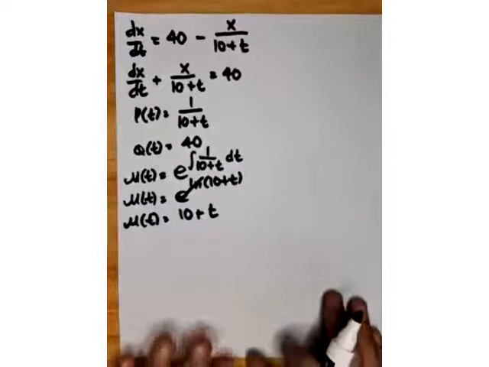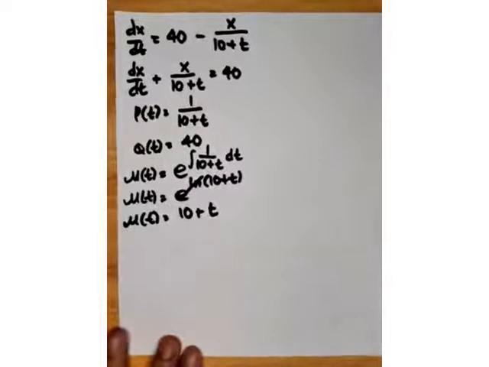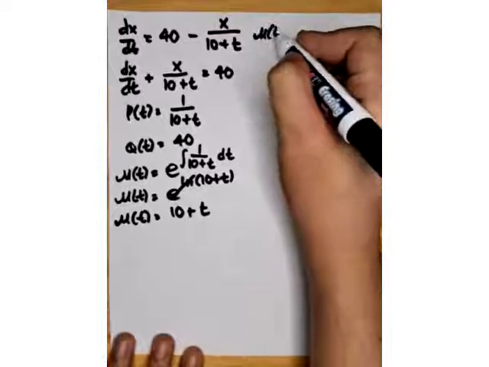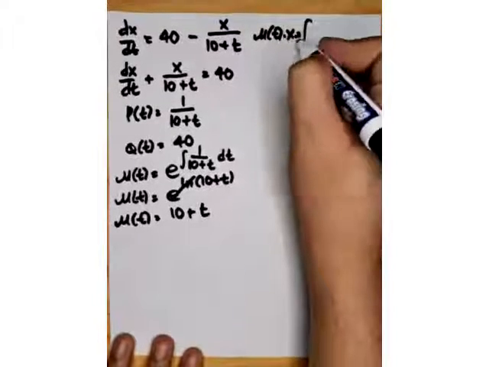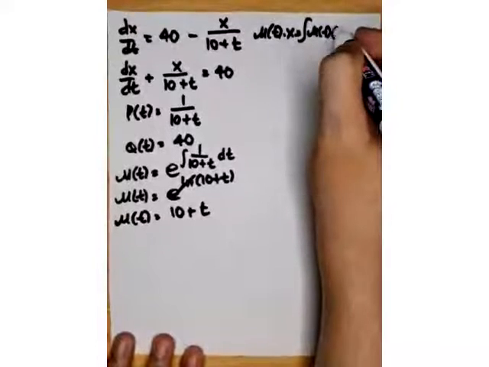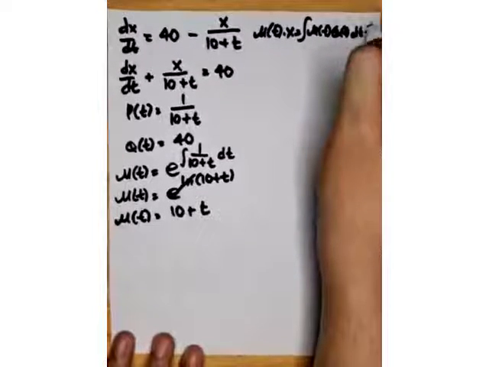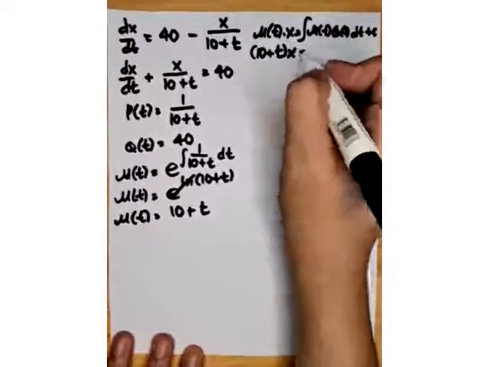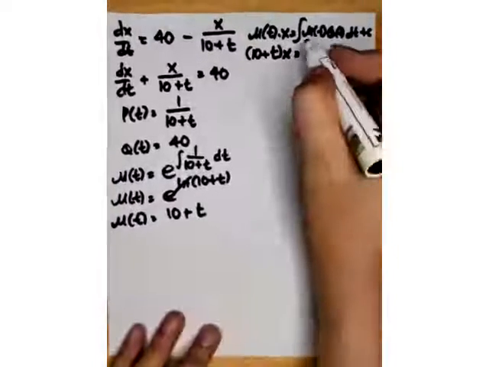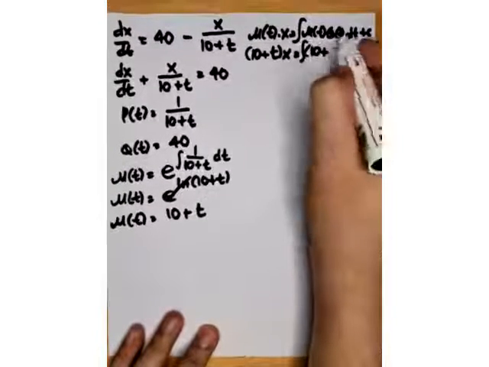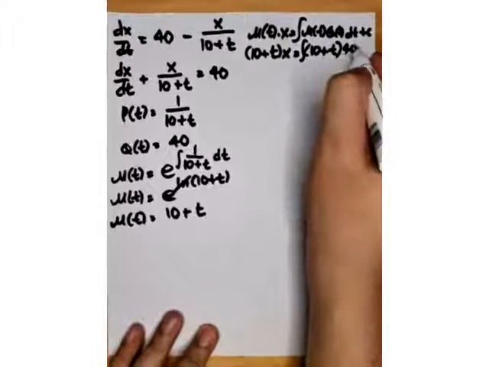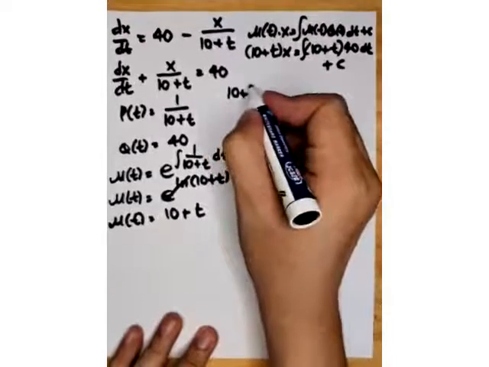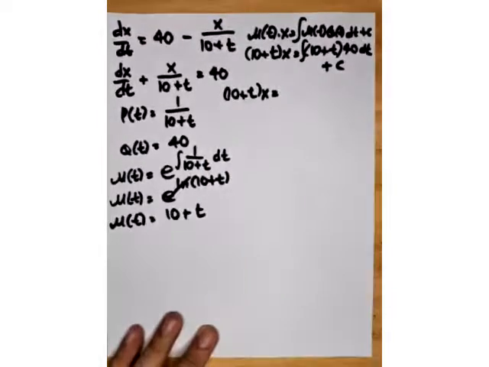So our solution will be, kasi formula natin, mu of t times x is equal to the integral of mu of t q of t dt plus c. So what's our mu of t? So that's 10 plus t times x is equal to the integral of 10 plus t times 40 dt plus c. Okay. So 10 plus t times x is equal to